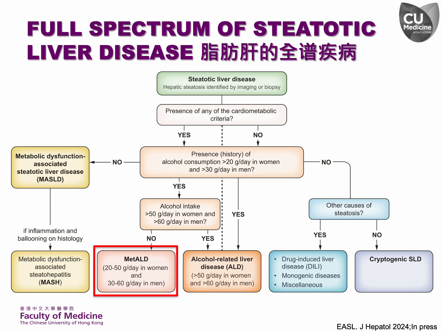A new category called metabolic dysfunction and alcohol-related liver disease, MetALD, has been created for patients affected by both metabolic abnormalities and substantial alcohol intake. Among other steatotic liver diseases with specific etiologies, monogenic diseases include Wilson disease, lysosomal acid lipase deficiency, and other inborn errors of metabolism. Examples of miscellaneous causes are chronic viral hepatitis C, HIV, malnutrition, and celiac disease.